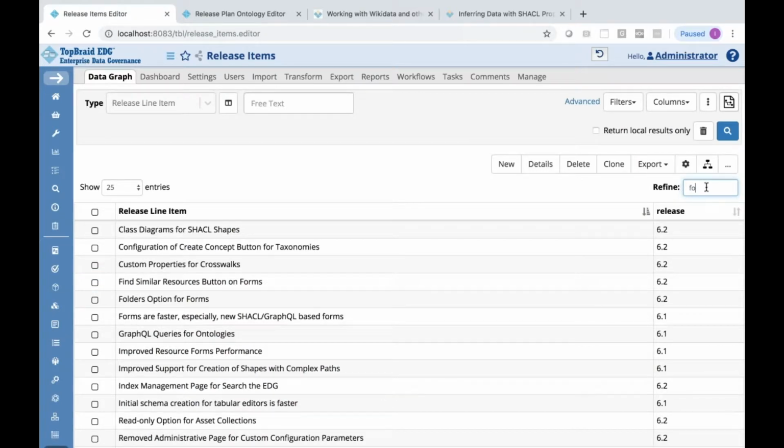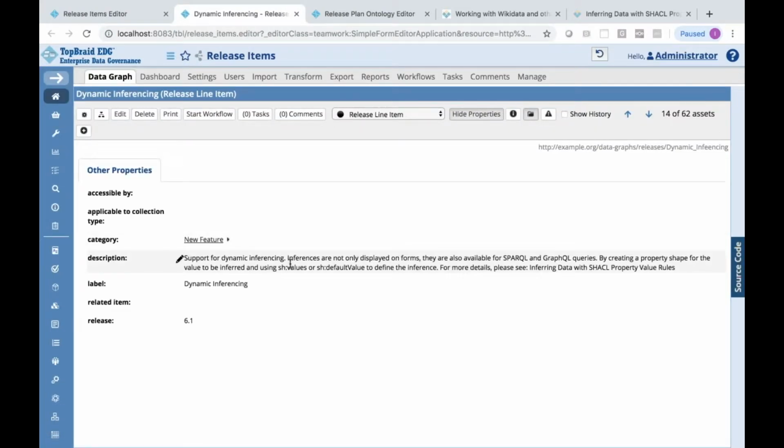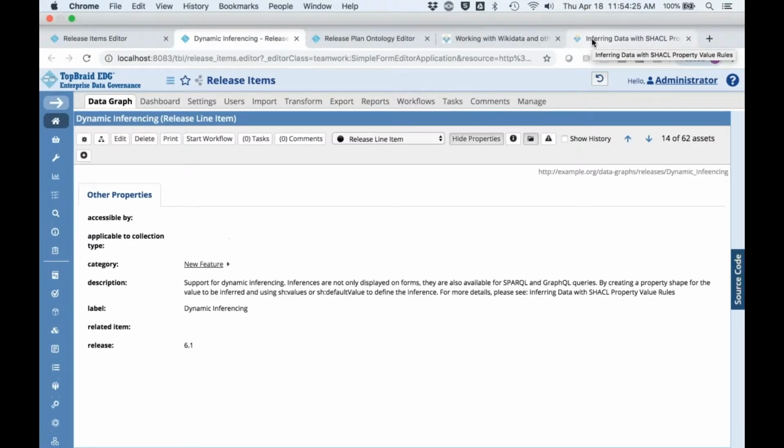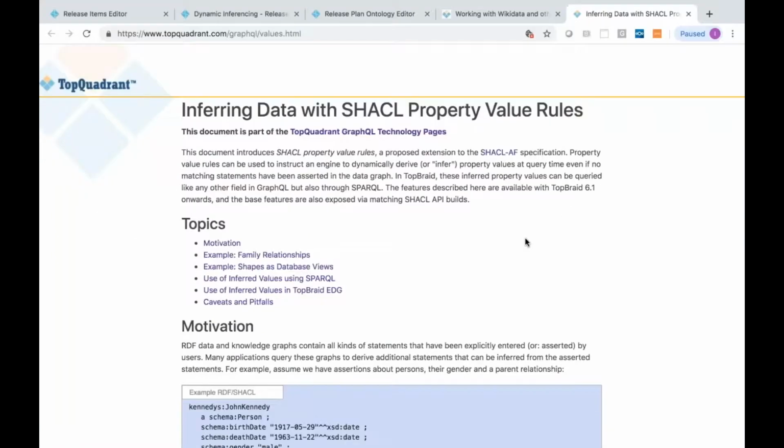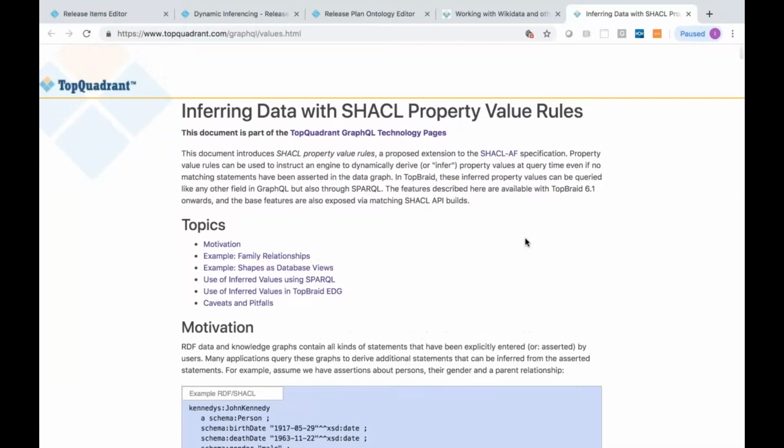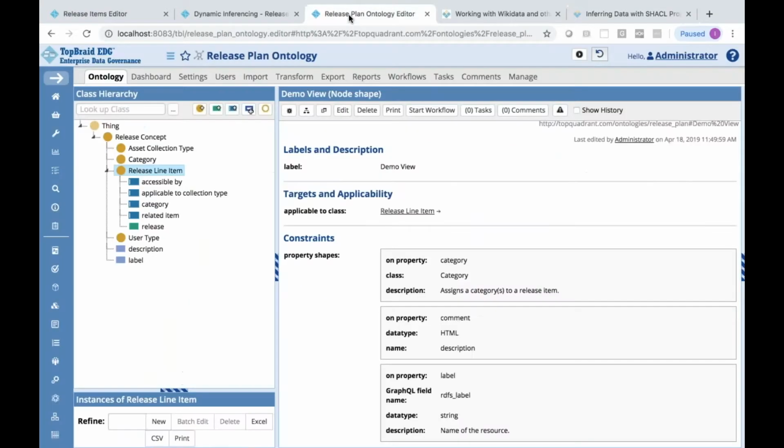Yeah, dynamic inferencing, you'll see it described here. And we have documentation about how it works on the website. That's in a page called Inferring Data with SHACL Property Value Rules that you could look at, but I will show how it works, how you could set up inferences.